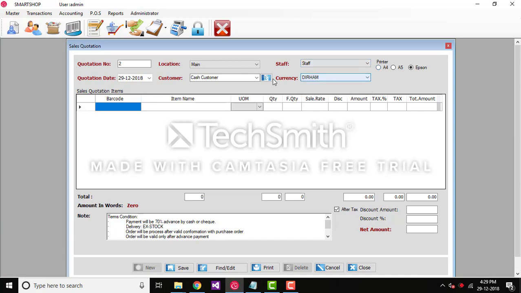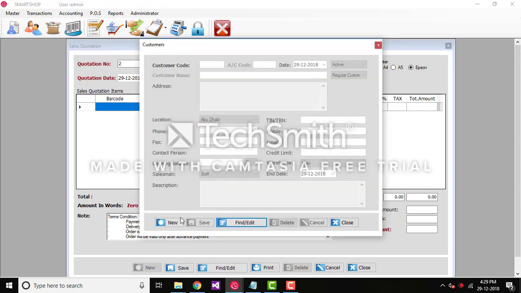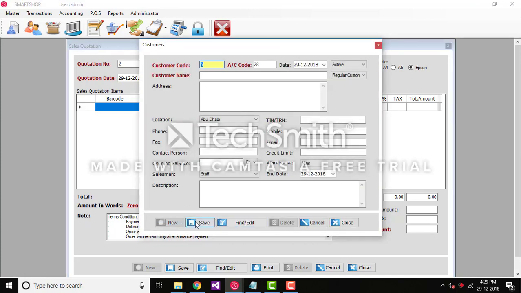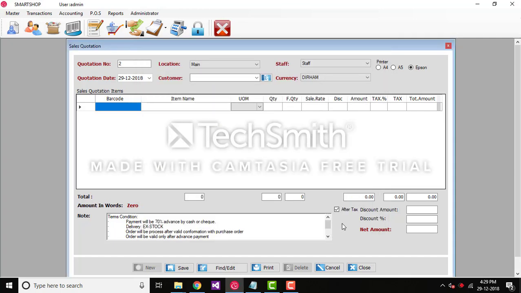User can select all the details like quotation number, quotation date, location, staff, currency, and customer from the top portion of the sales quotation module. We can generate a new customer right away from this module by clicking on the blue button placed beside the customer